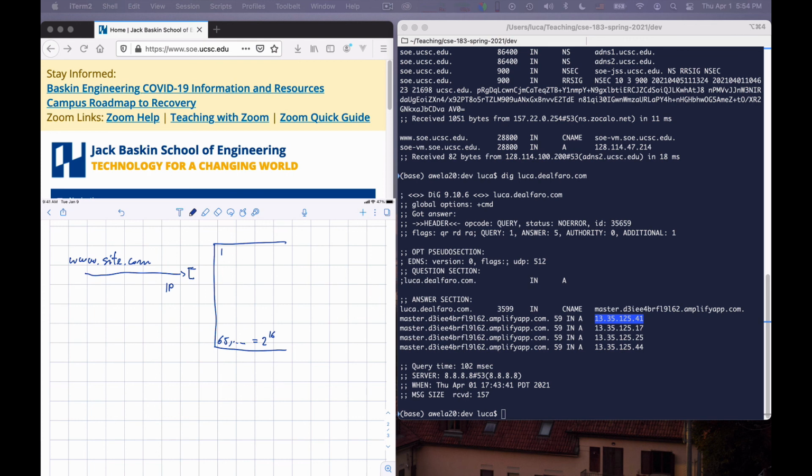Okay? Now, typically web requests, if you don't say anything, they go to port 80, which is the classical port for HTTP. HTTPS requests go to port 443, which is called the SSL port for the encrypted protocol that HTTPS uses. Okay? You can cause requests to go to any other port. For example, if you ask for www.com and then you say :8000, this request will actually go to port 8000.